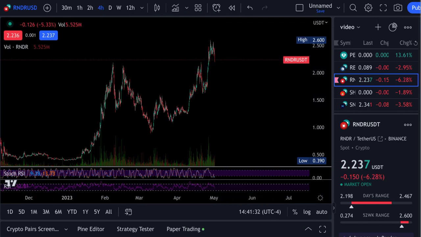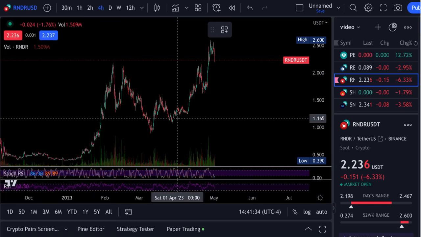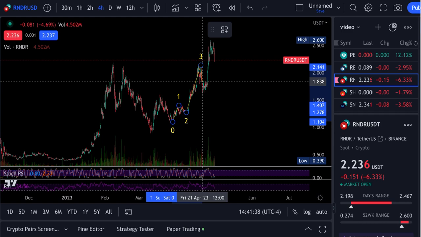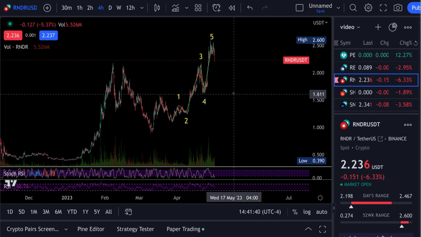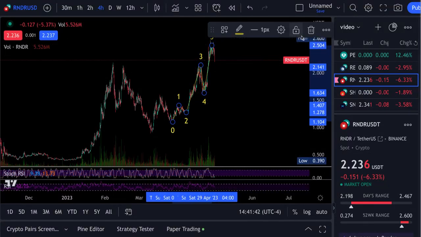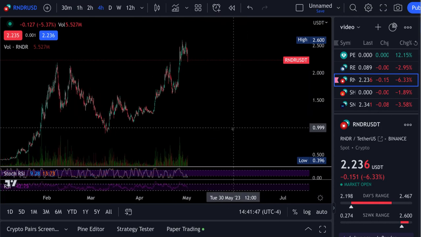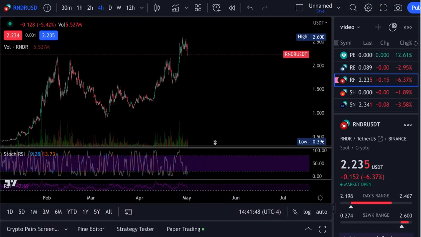Alright, and I'll point out them 5 waves to you. They are right here. 1, 2, 3, 4, and 5. Okay, so usually after that you have an ABC correction come in. Now it looks like Rndr might be ready for a little run up here, but what